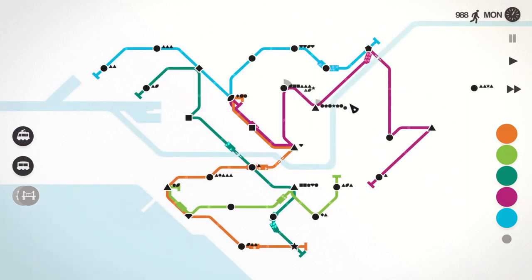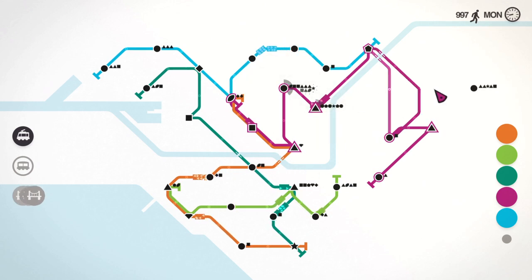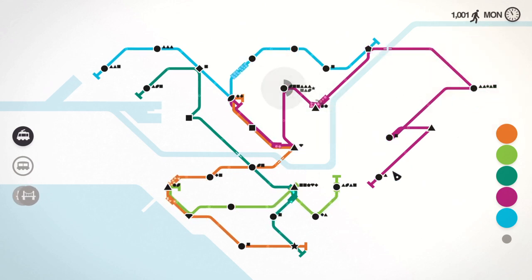Why have you forsaken me? Right, we need a carriage. I'm going to stick it on the purple one. I'm not sure where I want to stick the... Oh, this is horrific. In fact, actually, let's...